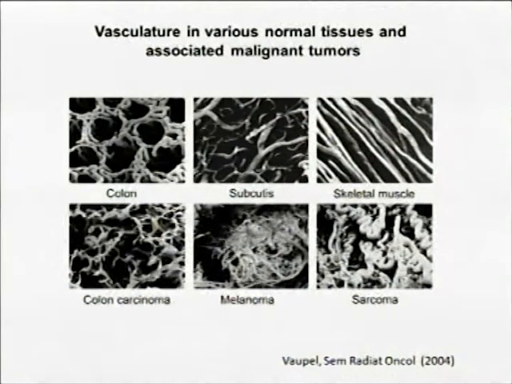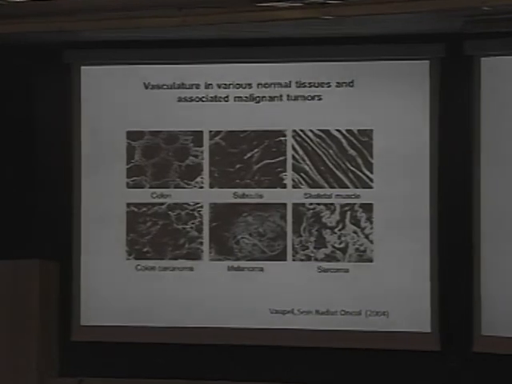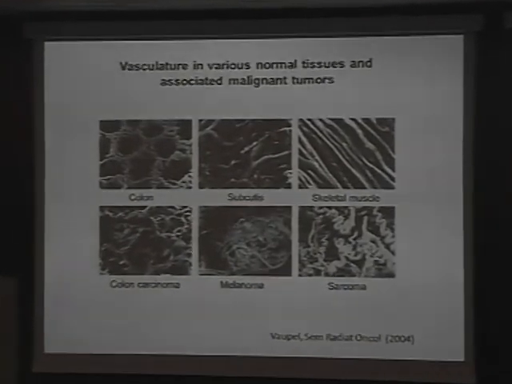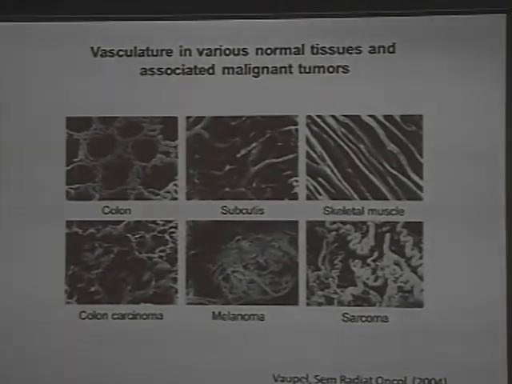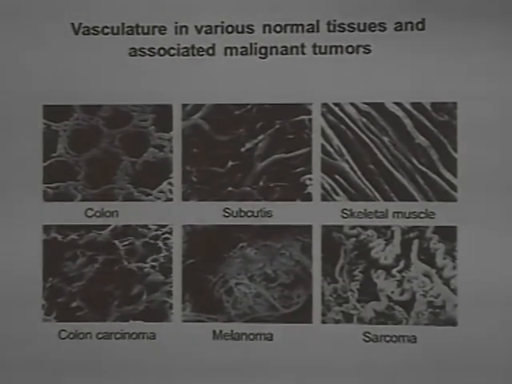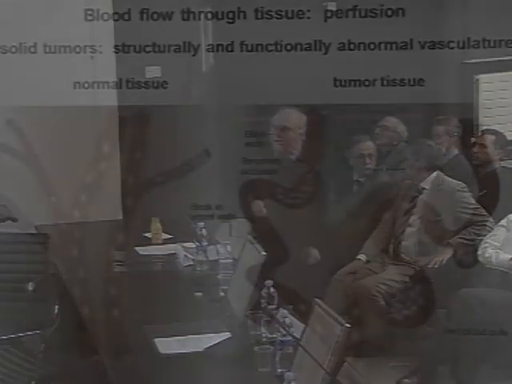Now let's go to tumors. Here I show you the vasculature of different tissues, of the colon, of skin, and of muscle. And down here, the vasculature of corresponding tumors. What you see is there is additional vasculature, there is additional blood volume, which we know, but the structure of the vessel bed is totally different. The structure has nothing to do with the structure in the host tissue. And not only